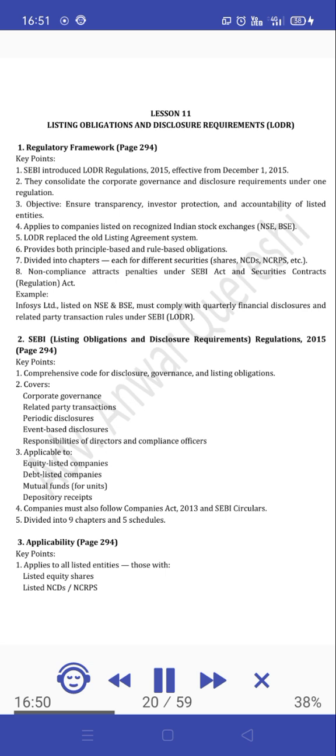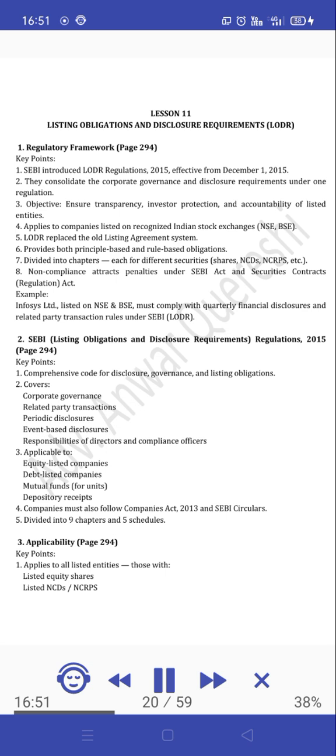5. LODR replaced the old listing agreement system. 6. Provides both principle-based and rule-based obligations. 7. Divided into chapters, each for different securities: shares, NCDs, NCRPS, etc. 8. Non-compliance attracts penalties under SEBI Act and Securities Contracts Regulation Act. Example: Infosys Limited, listed on NSE and BSE, must comply with quarterly financial disclosures and related party transaction rules under